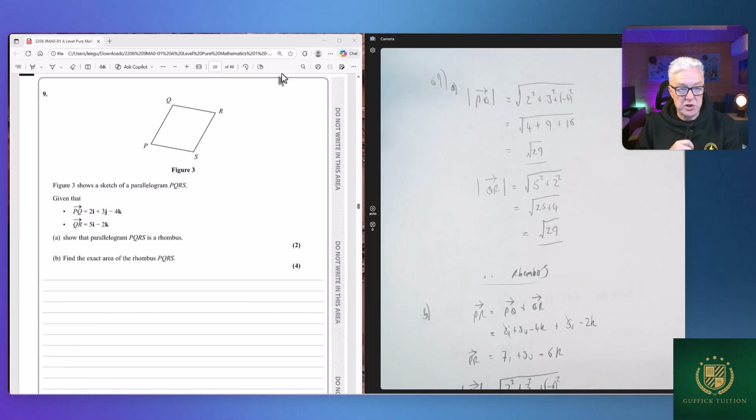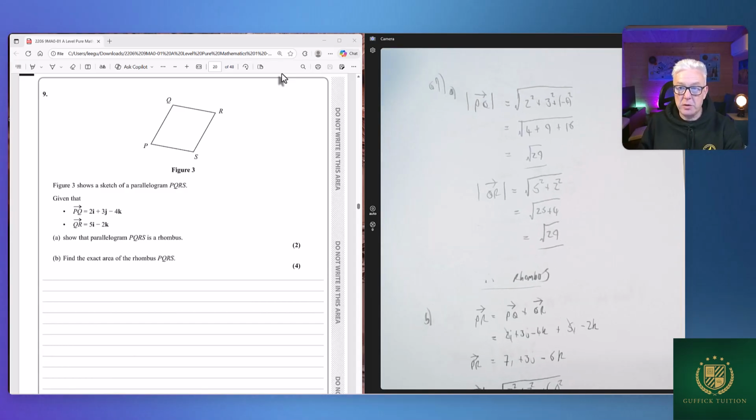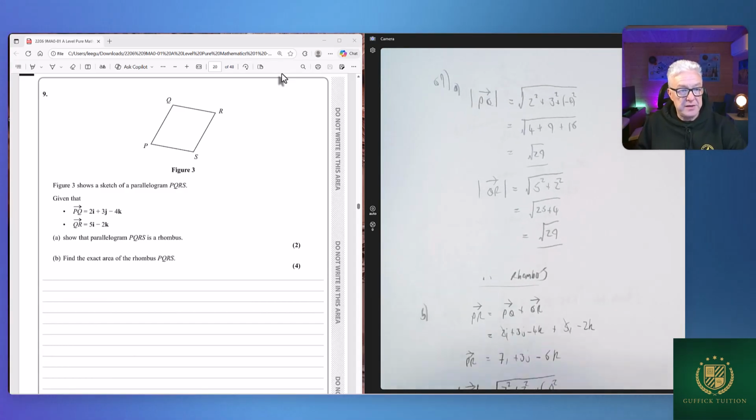Hello everyone, this is question 9 now on paper 1 from 2022. It says figure 3 shows a sketch of a parallelogram PQRS. Given that PQ is 2i add 3j minus 4k and that QR is 5i minus 2k, show that the parallelogram